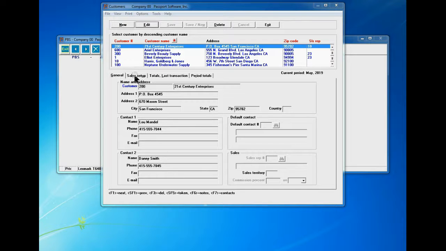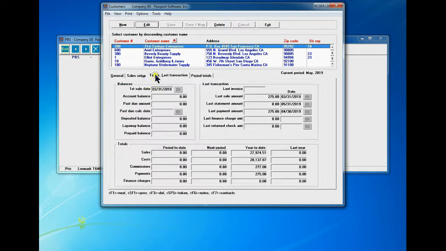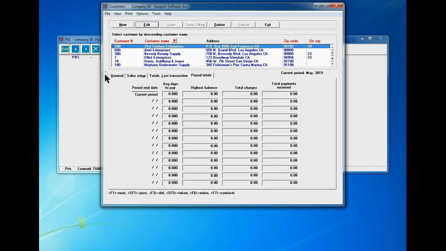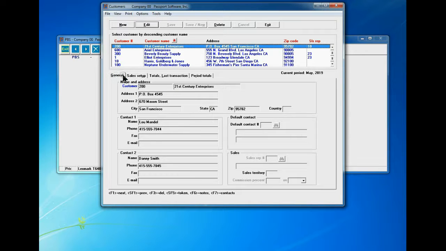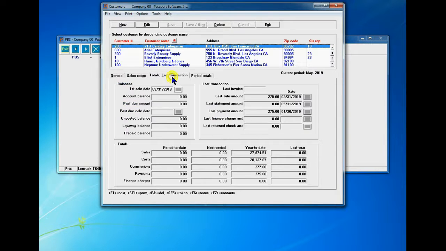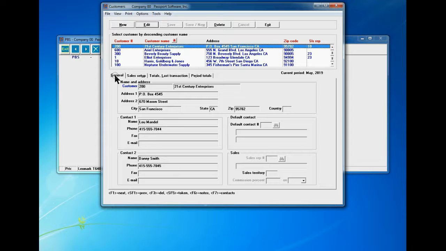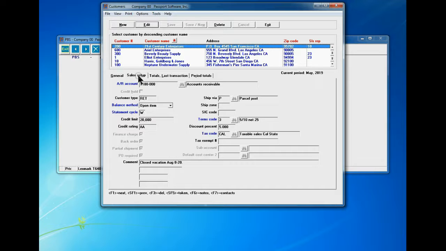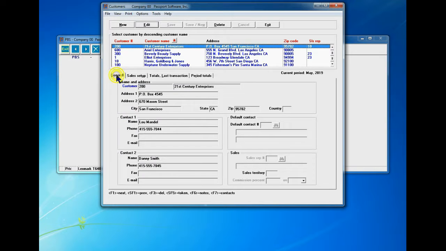In the graphical user interface, it does not do that. You have tabs that show the same content, but it's easier to maneuver, to manipulate and move back and forth between the tabs without losing your place, or without going all the way through. You miss making an entry in one screen and you have to cycle back through to make the entry again to catch what you missed if you go past the screen you wanted to go into. That's no longer necessary. Now you can just go back and forth with the tabs,